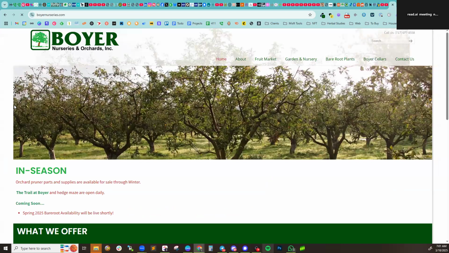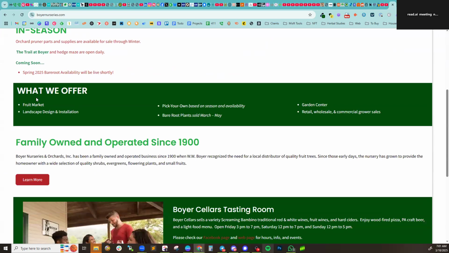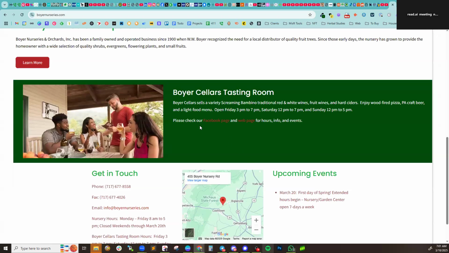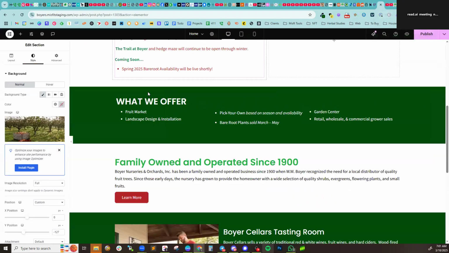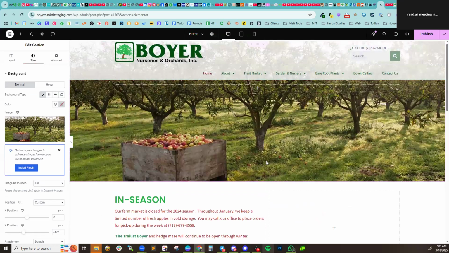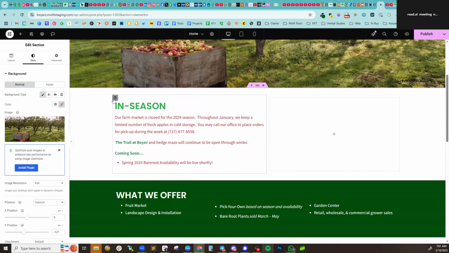I see how these are like right up against the left, which doesn't align with the logo. It may seem like a small thing, but the reason I did it this way is one, it just looks better. But two, we can change the width now for everything all at once. So having them all follow,